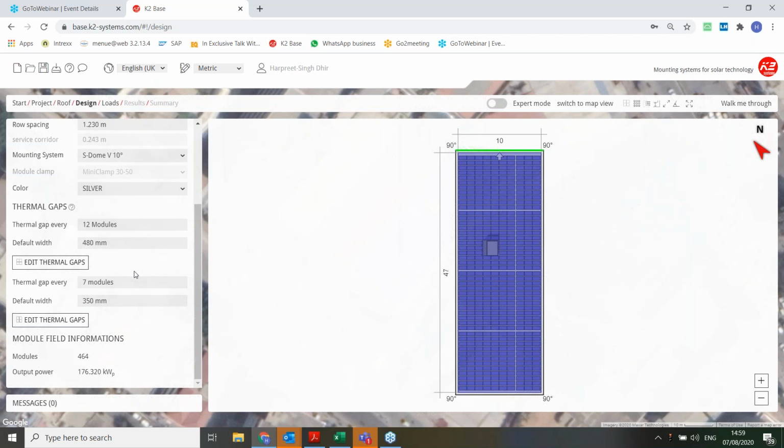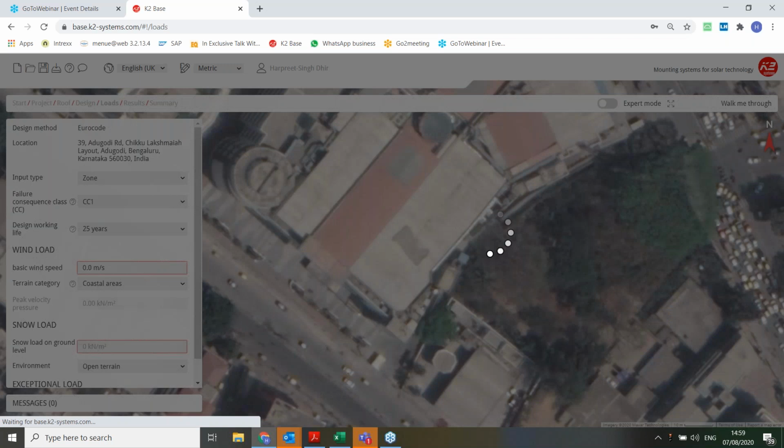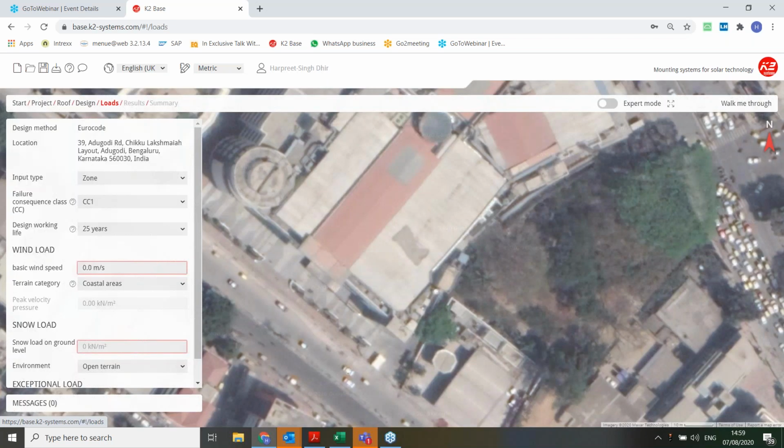So ladies and gentlemen, we are done with the second step, which is called the design step. Now is the third step, which is called load. Here you need to define how much the wind speed is. I know for this wind region we have a wind speed of around 27 meters per second, and it's an urban area.